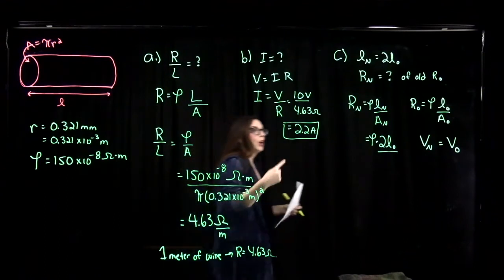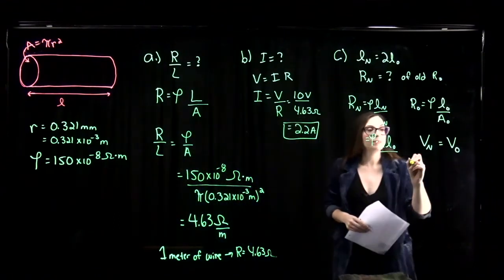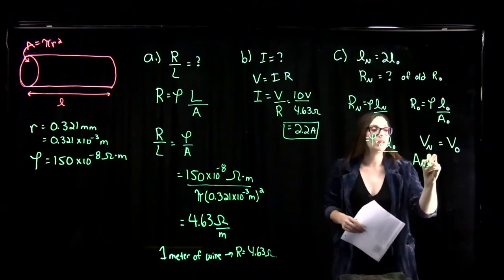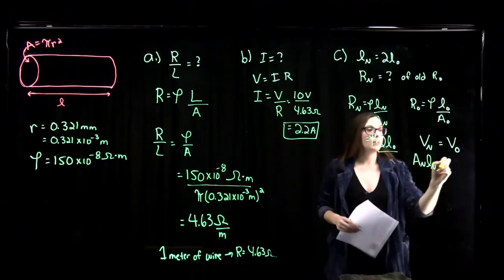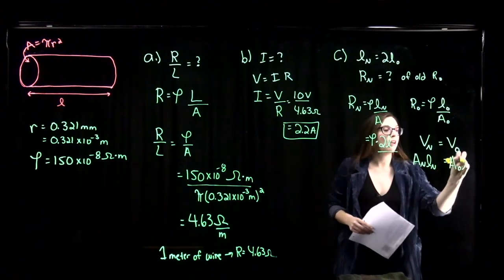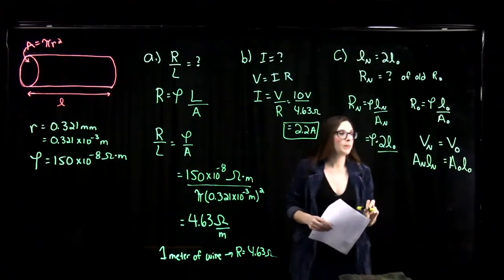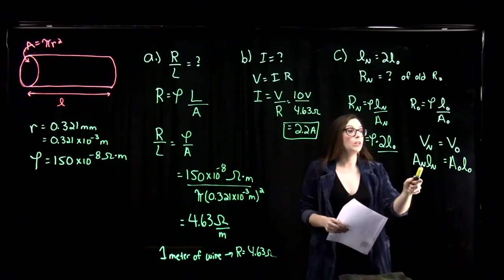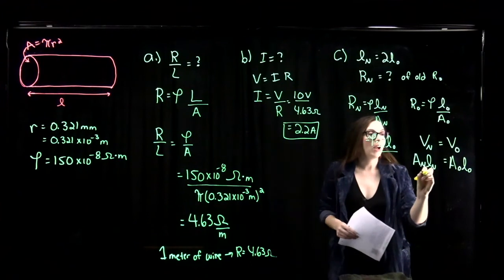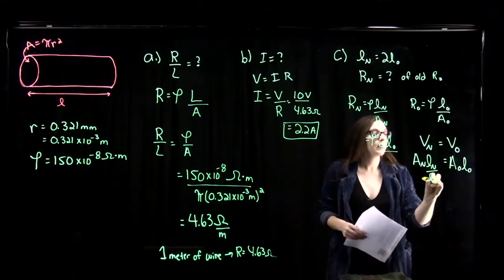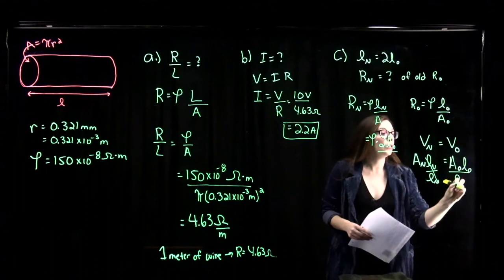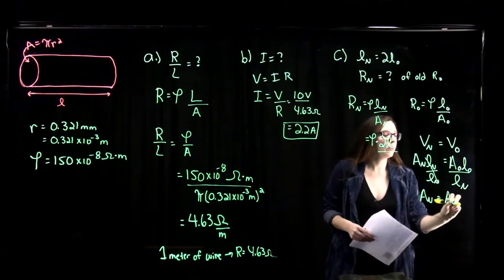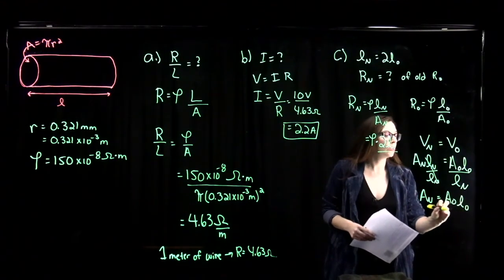So that means that our new volume is going to be the new cross-sectional area times the new length, and that has to be the same as our old cross-sectional area times our old length. Okay, let's go ahead and solve this for the new area. We divide both sides by the new length. So the new cross-sectional area is equal to the original cross-sectional area times the original length divided